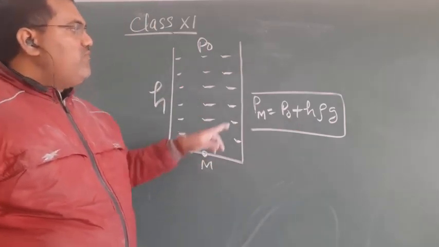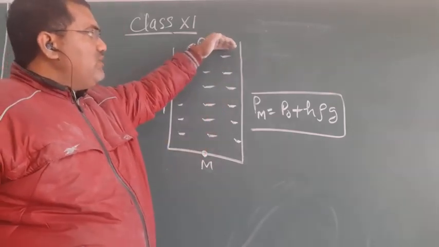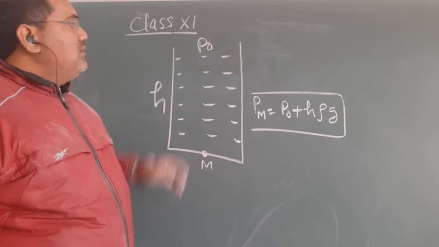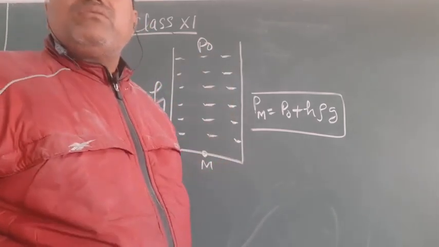So if there is a vacuum at the upward side, that is across the upward side,